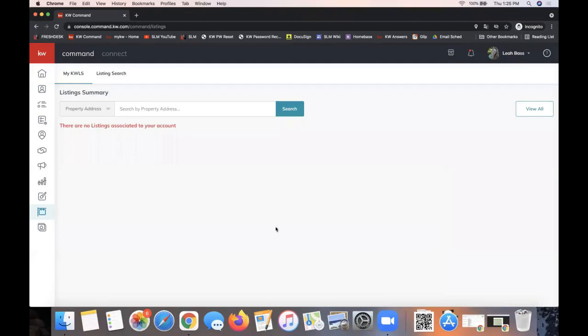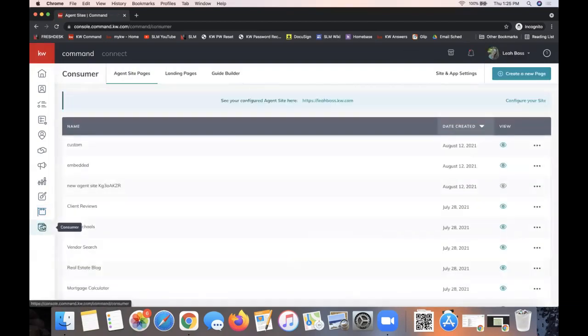All right, so it's time. Let's go ahead and jump over to landing pages to start getting that set up. If you could follow me, I'm clicking on the consumer icon, which will be the very bottom icon on the Command menu. So, consumer icon, very bottom icon on your Command menu. In this consumer section here,